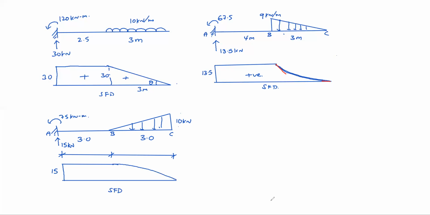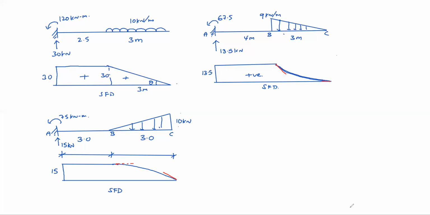Okay. Now you can see the tangent. If you draw it at B, it should be horizontal. If you draw the tangent at C, it should be maximum. So this is the variation of the shear force diagram. Clear? Yes, sir. At any point, of course, you can find shear force. Wherever you want, you can find shear force. Okay.